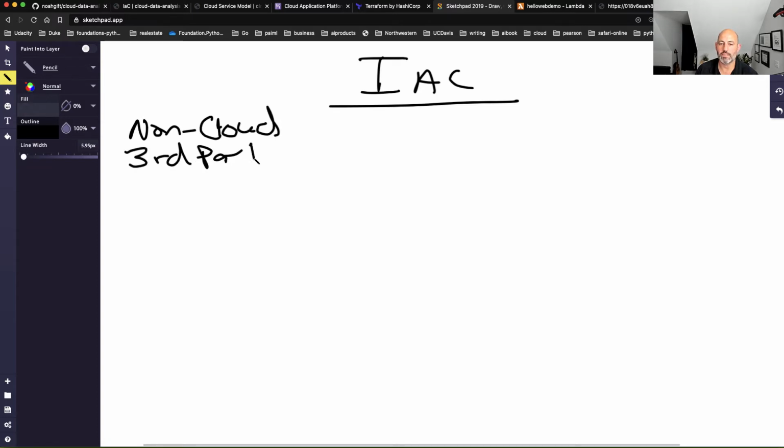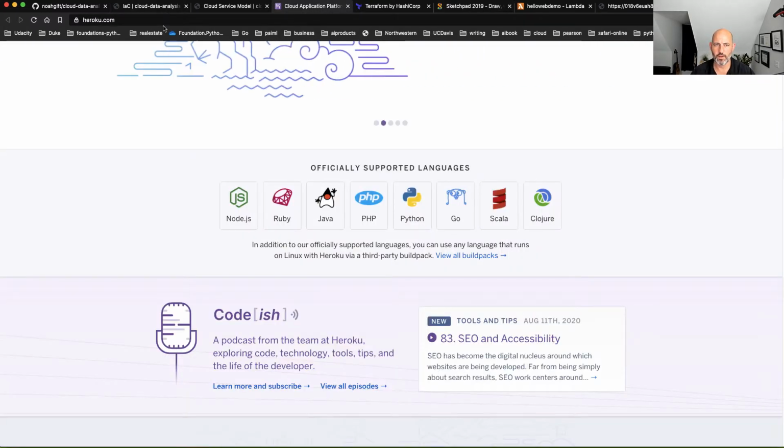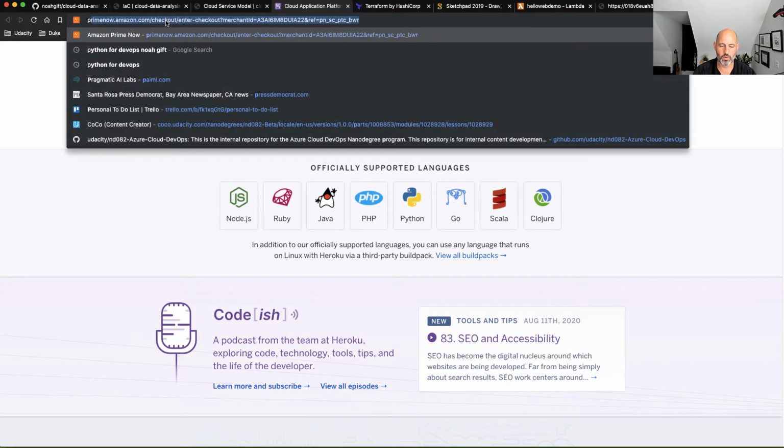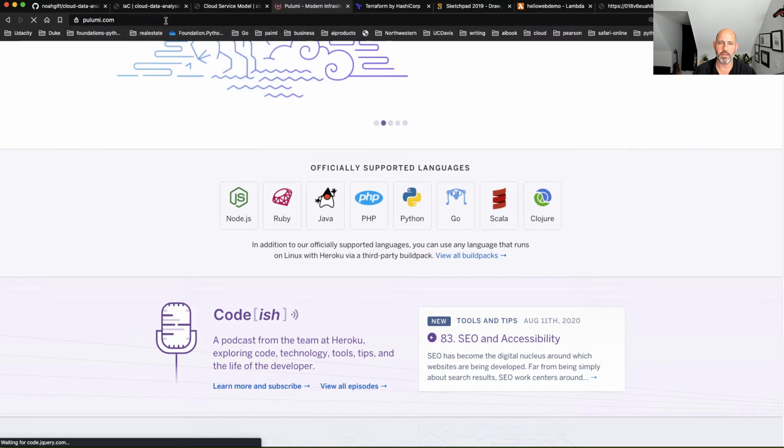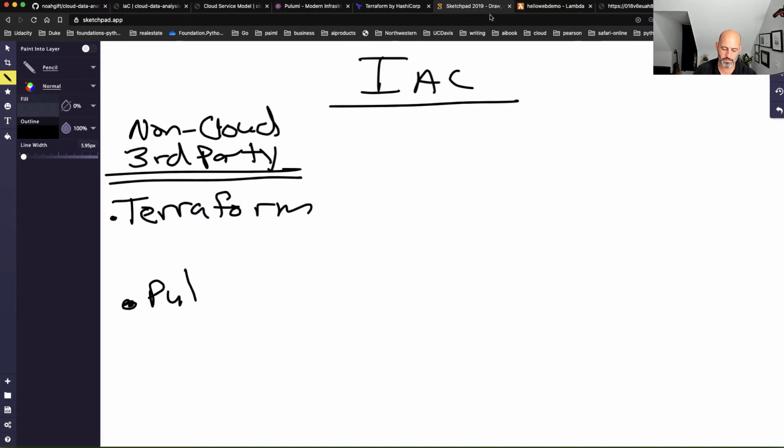And who are these players? The main players in this space are Terraform and then Pulumi. So I showed you Terraform, and then here's the other one is Pulumi. I'm probably going to completely butcher their name here, but let's see if I can find it. Pulumi. Yeah, Pulumi here. So these are the main players.